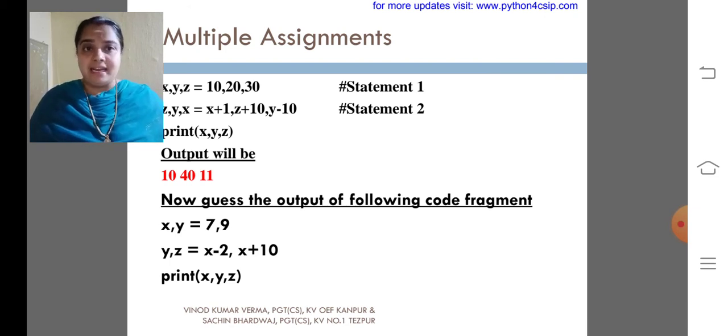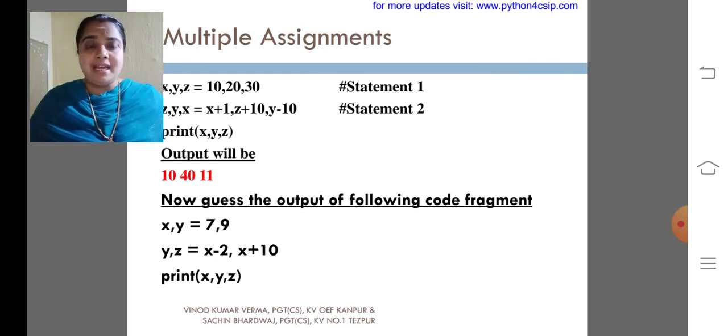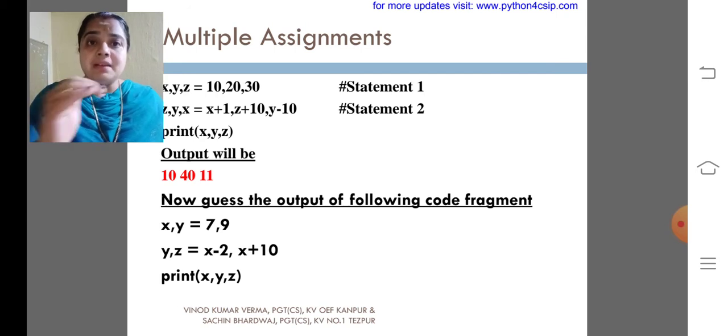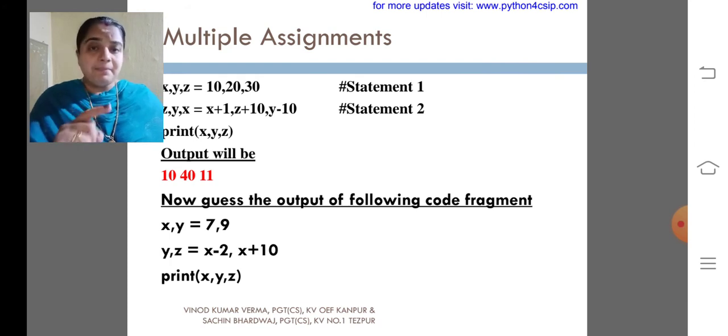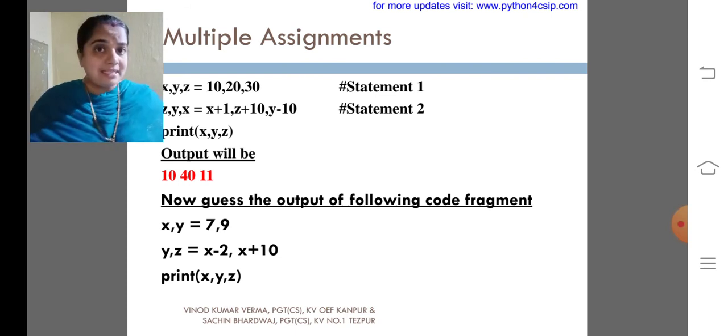Then Y minus 10 will be assigned to X. What is the Y value we had given here? 20. 20 minus 10, that is 10. 10 will be assigned to X. While we are printing, look at the print statement. What is the arrangement I had given? X, Y, Z. According to the arrangement I had given, it will print the output. So we will get X value as 10, Y value as 40 and Z value as 11. Can you guess the next example? What will be the value of X, Y, Z? You should answer this question when we meet in the online session.